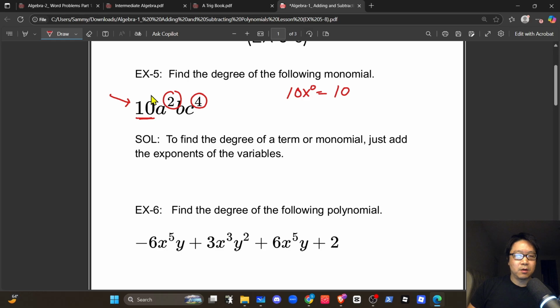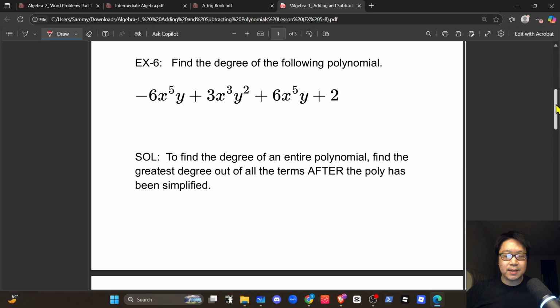Okay. So whenever you're trying to figure out the degree of a monomial in a polynomial, you don't really have to consider the coefficient. So in this one, the exponents present are 2, 1, and 4. Okay, I forgot to mention the 1 on top of the b. So the exponents present in this monomial are 2, 1, and 4, which would mean that the degree of this monomial is going to be 7. Okay,